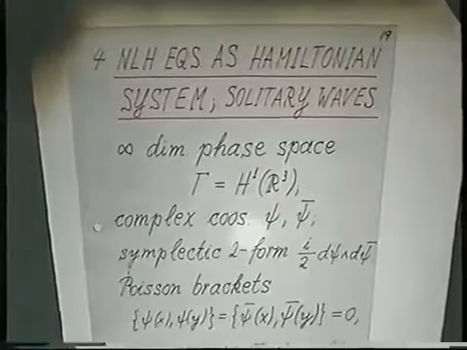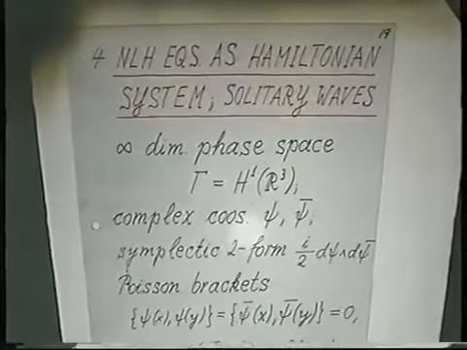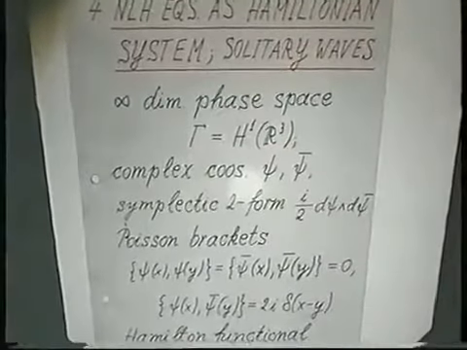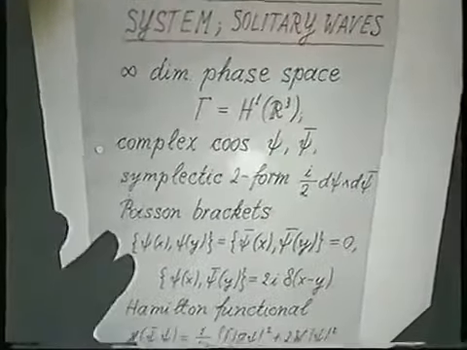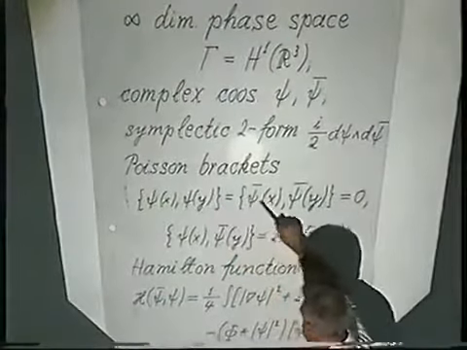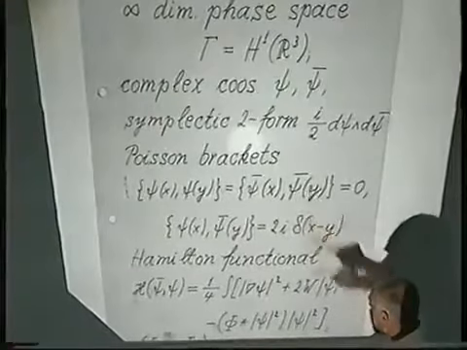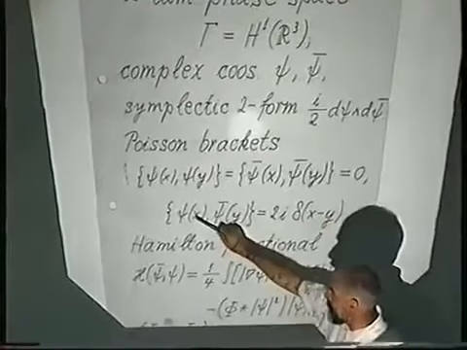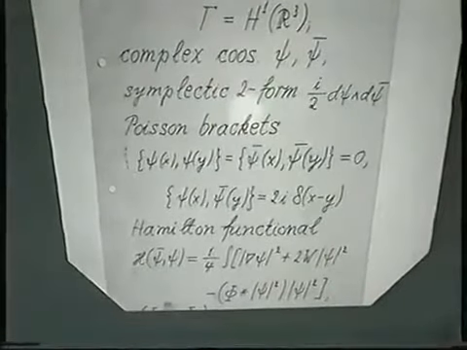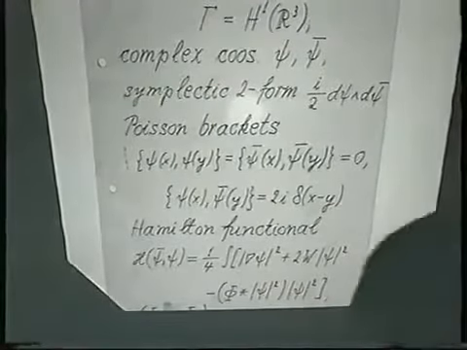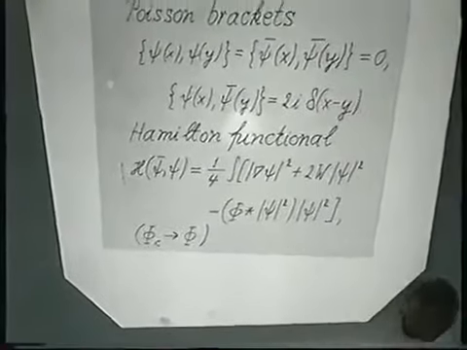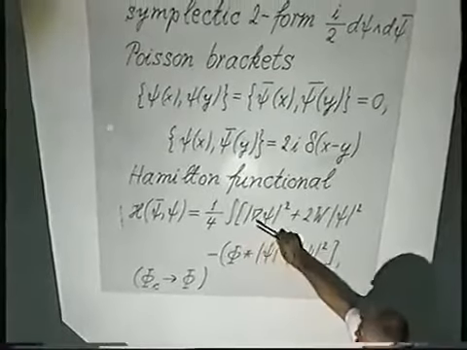And I choose complex coordinates psi and psi bar. The symplectic 2-form is then i over 2 d psi wedge d psi bar. It leads to Poisson brackets of the following kind: psi x and psi y Poisson commute, so do psi bar x and psi bar y, and the Poisson bracket of psi x with psi bar y is 2i times the delta function. The Hamilton functional of the nonlinear Hartree equation is given by this expression, 1/4 integral over all